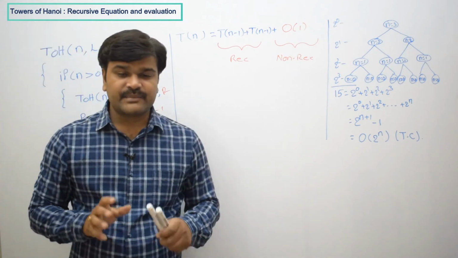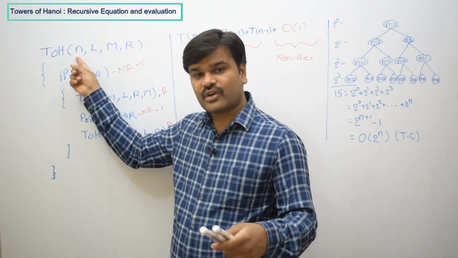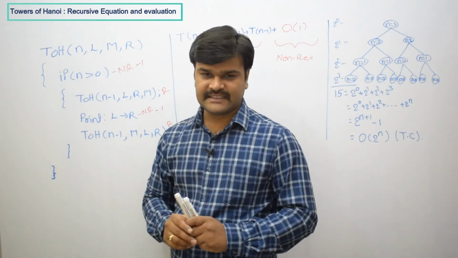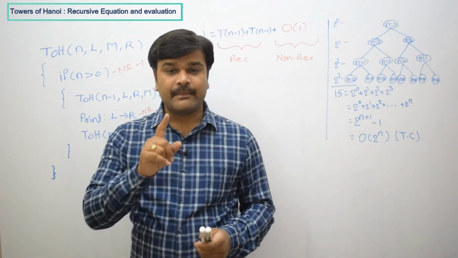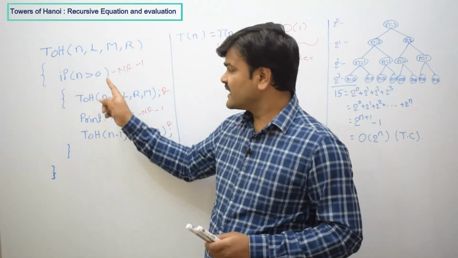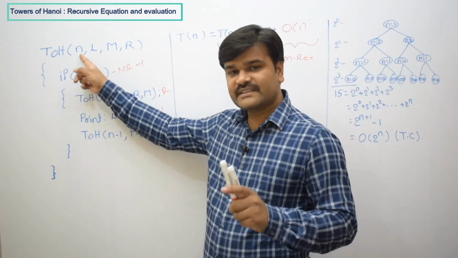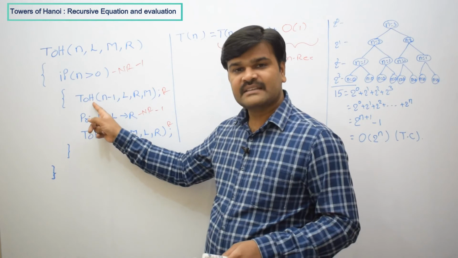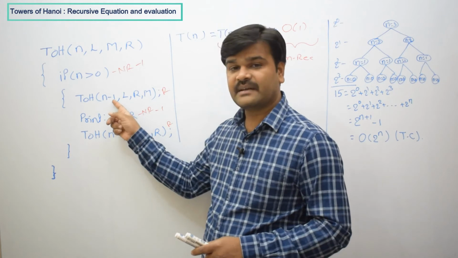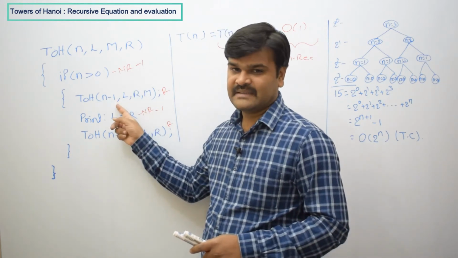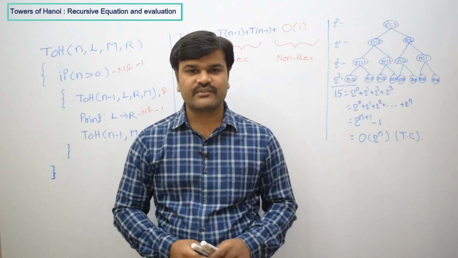Is it clear? Because it is always constant, irrespective of your n value, may be 3 or 4 or 5 or whatever positive integer, these two statements' time is not going to vary. But if n value is 3, this statement will take some amount of time. If n value is 4, this statement will take some other amount of time. So time for n equal to 3 is different, time for n equal to 4 is different. But whatever be the n value, these two statements will take constant amount of time always.